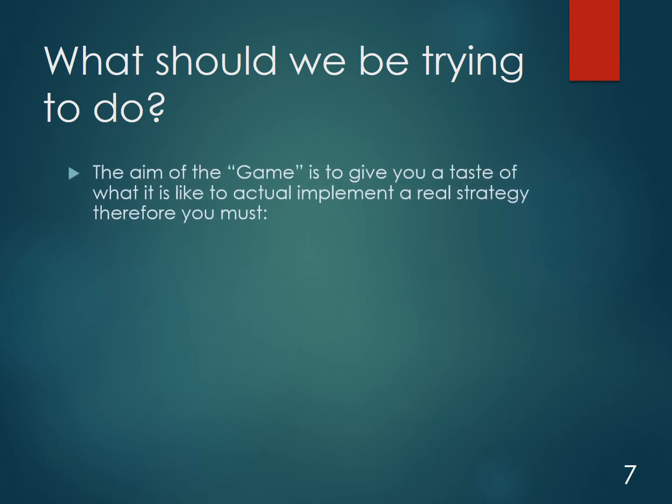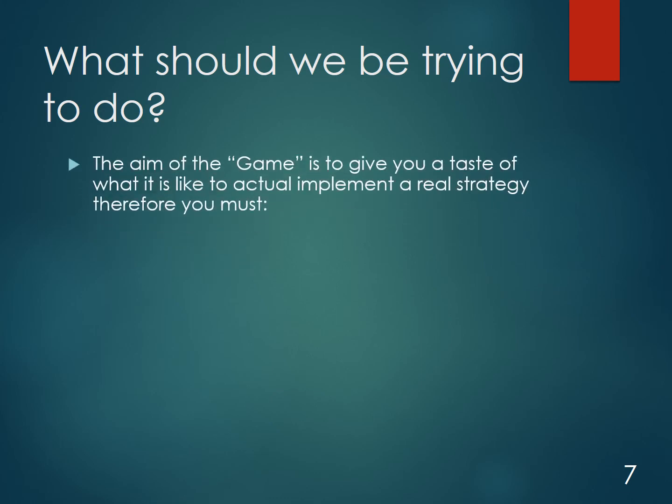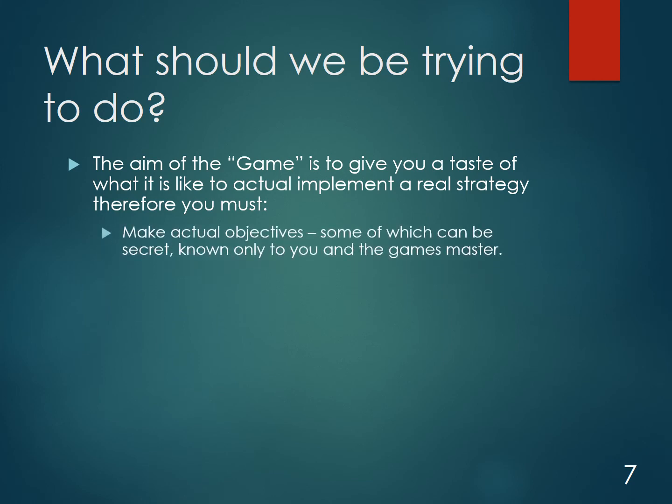Okay. So we'll be trying to run a game, perhaps an experience, a strategy experience, through some other actual implementation of the real strategy that takes place. So there are things that you must do at this point. Make sure you knew what you were going for. You could have had some secret objectives only known to you and the games master, but you could have others that were more open, that everyone could know about. That's how realities work.